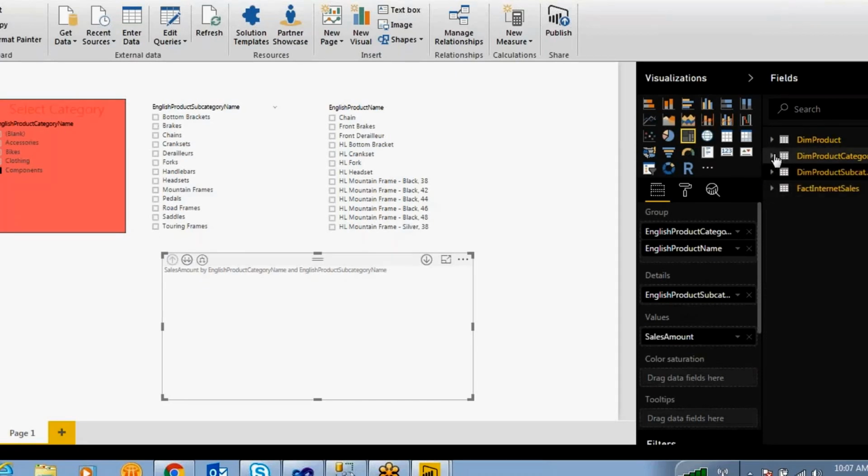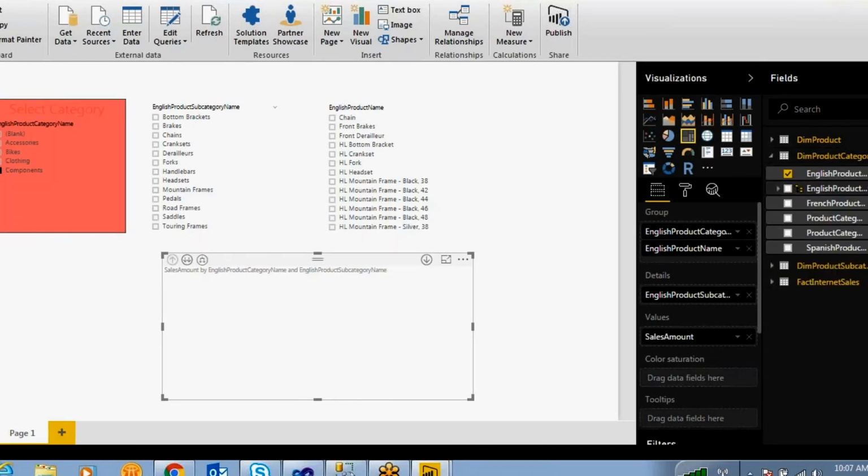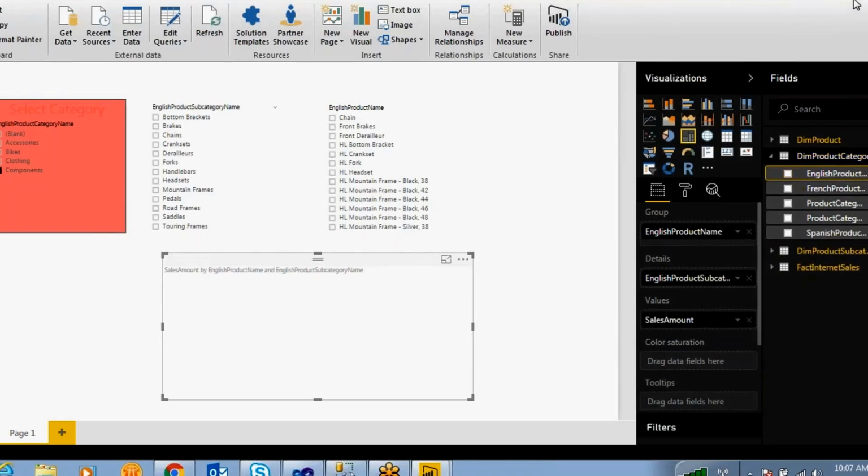If you want to create any hierarchy, first what you have to do is go over here, and decide on which column you want to create a hierarchy. So I want to create a hierarchy on the category column in this dim product category, and then I want to add subcategory name, product name.